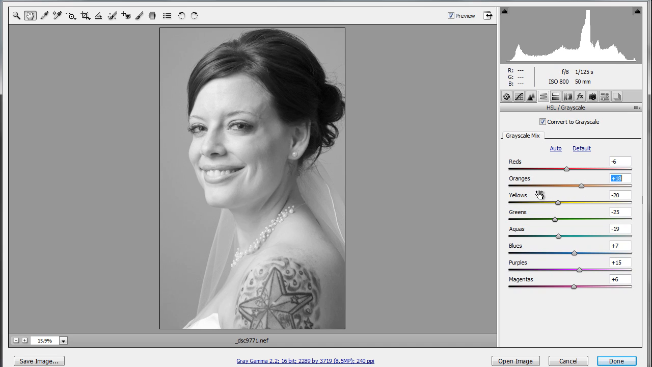Bump up my oranges to about plus 18. Actually, that looks pretty nice. I'm also going to raise the reds and the yellows a little bit. And already that has made a nice difference. We see a little bit more contrast between her skin and the background, and if I want to darken that